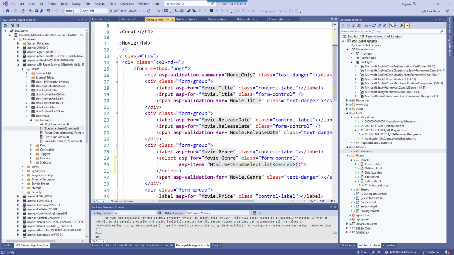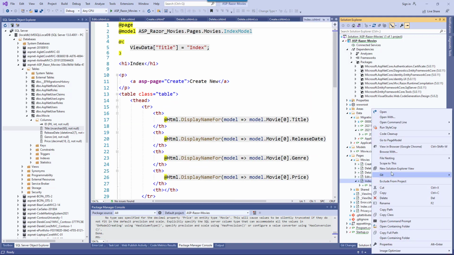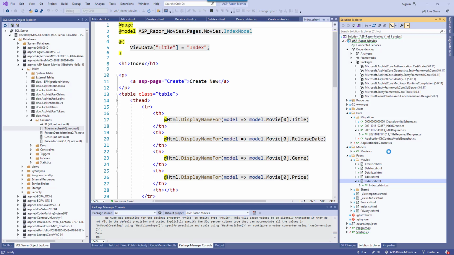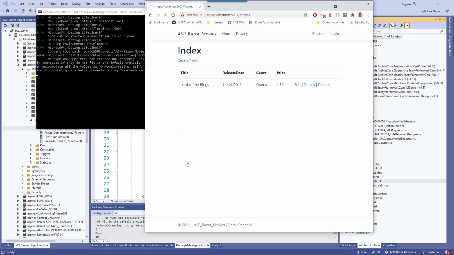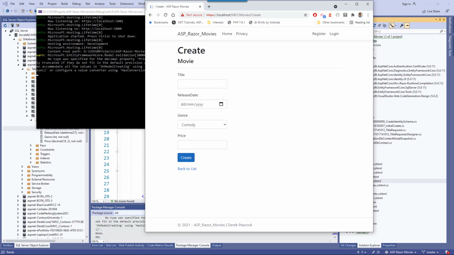Okay, so I'm going to run it now, but I'll run it by going to the movies index page. So I'm going to right click and view in browser. Create a new one. There we go, look. We have our drop down list. Okay, so hopefully we can put a title in. Okay, hopefully we can create this, and there we go. We've created our first movie, and let's create another one. Okay, so I'm adding a second movie now,